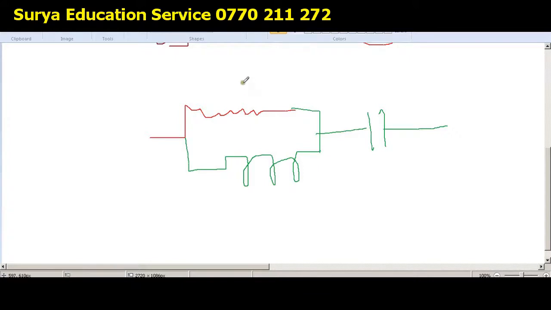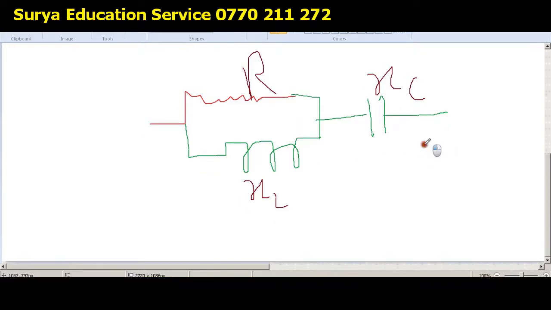We know the value of this resistor and we know the reactance for the inductor, XL, and also we know the reactance for this capacitor, which is XC. So now, guys, we can calculate the total impedance. So very easy, right? We can very simply calculate the total impedance, which is very easy, right? So if you know the total impedance, which is ZT total, and also we know the total current because we can just add the currents that are connected to this junction from this resistor and again through this inductor. So that means we know the total current, no doubt,